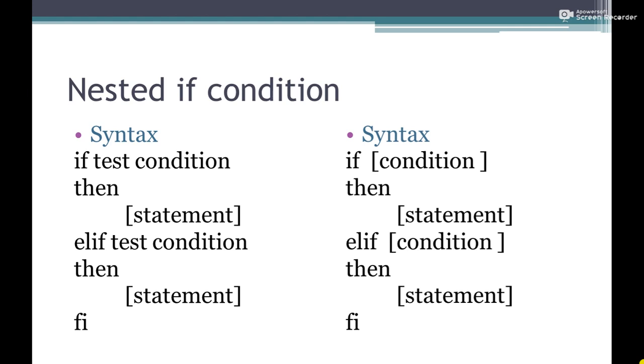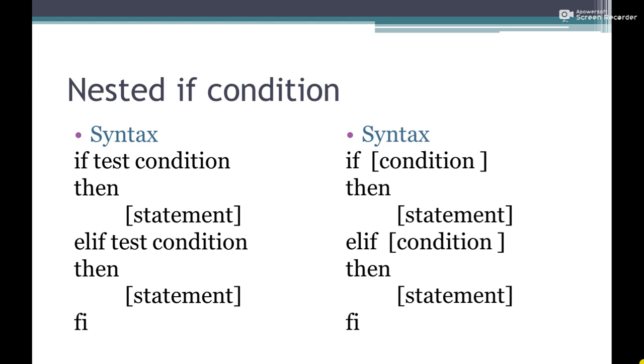So if test and condition, that means the first condition, if the first condition gets wrong or false, then it will check the second condition. It will not display the first then message. It will go into the else if test condition, and then it will check the second condition, and if the second condition gets true, then it will display this message. If it does not execute the second condition either and we get the false result, then it will go into the else part.